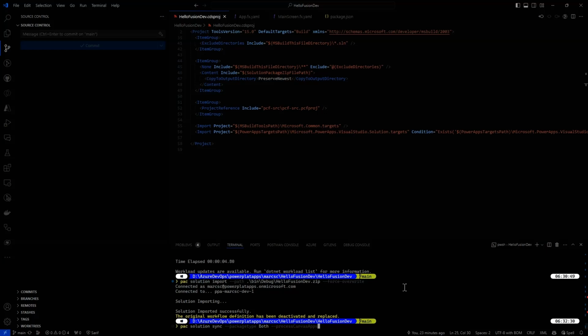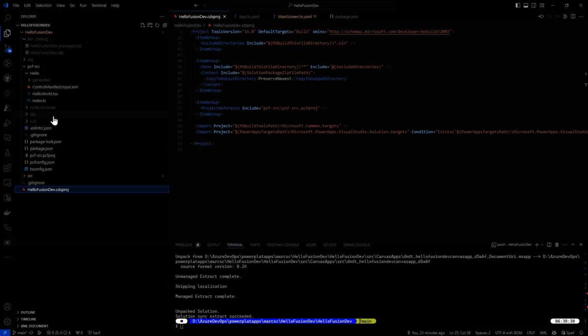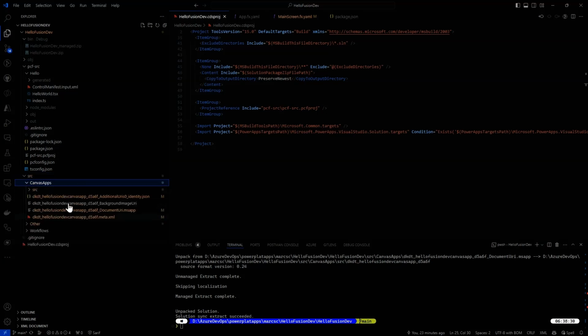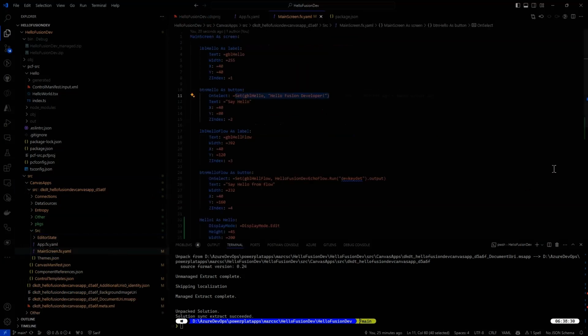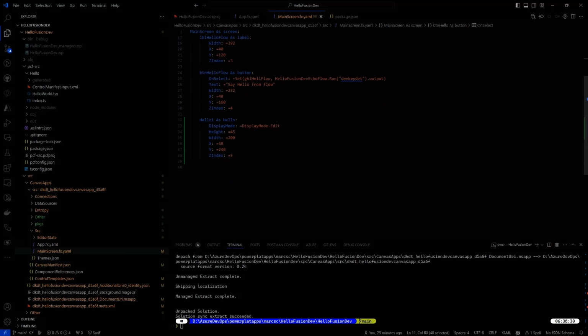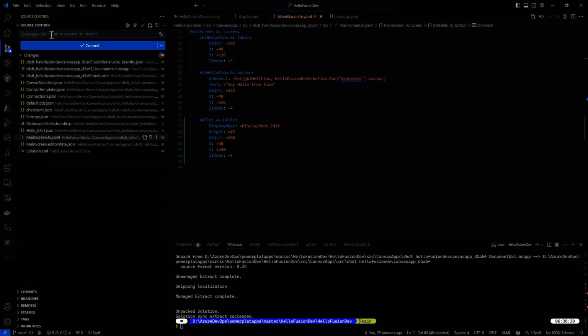And now I'm back in Visual Studio. I can do a pack solution sync. If I go to the source code of my Canvas app, we can see exactly what's changed. We are now referring to the PCF component. We've added it to our Canvas app. So I can come over here and say "added PCF to Canvas app." We can commit this,